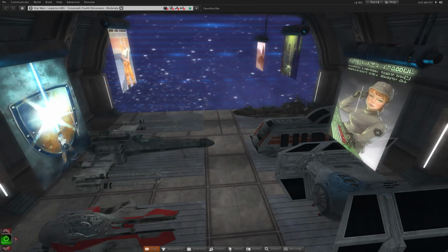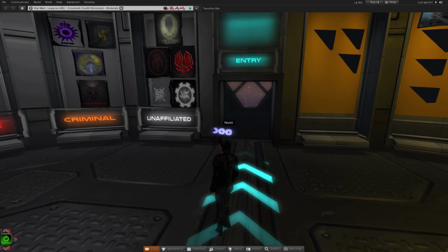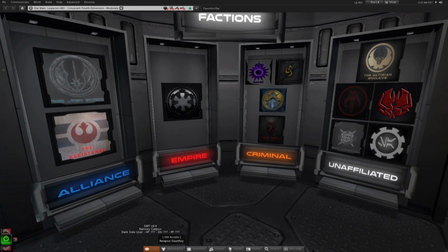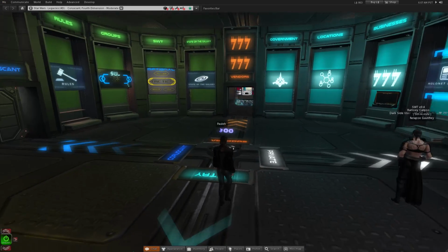So yeah, this is all a work in progress, I imagine. But anyway, for now we have this place, and all the information is here on the walls of the different factions. You've got a whole bunch of unaffiliated places, Mandalorians, different Jedi enclaves, various crime factions, the Empire, the Resistance, and the Jedi Order. Now I want to point out that